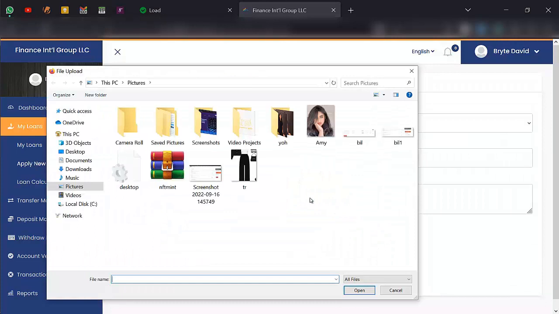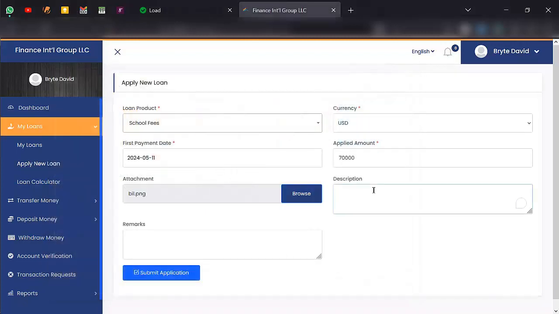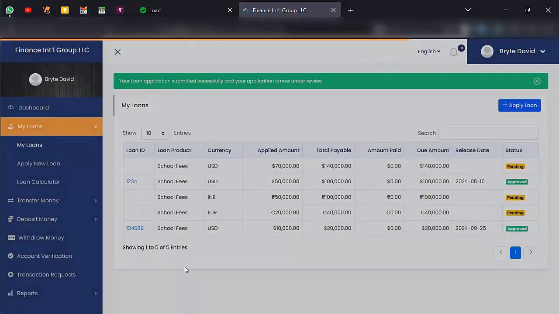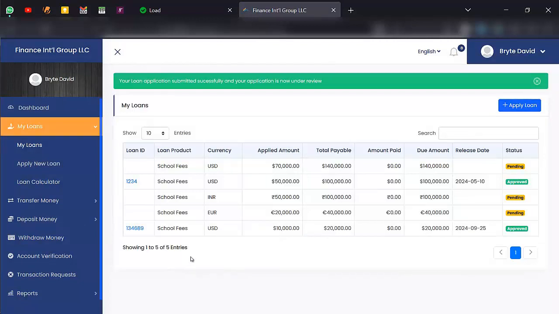I need to show, let's say, a bill or something that proves that I'm actually taking this loan for the school fees. Okay, so I'm just going to upload a picture here, and then I can put in any description. I need this for my fees, remarks. Okay, let's say please help me. So you can fill in anything you want, and you click on submit application, and you are good to go. Now all I have to do is wait for the admin